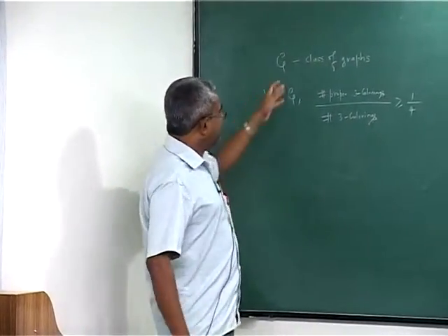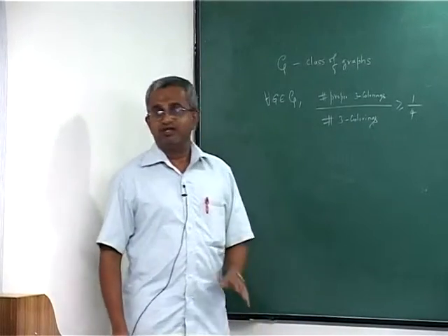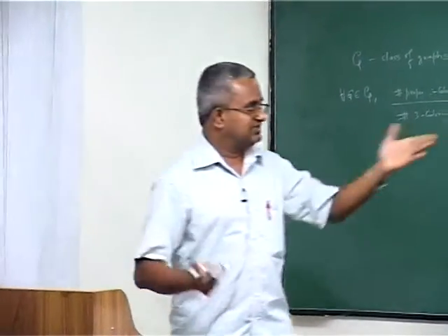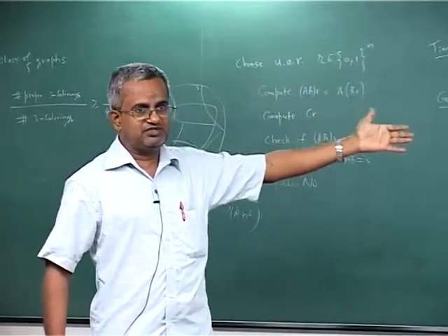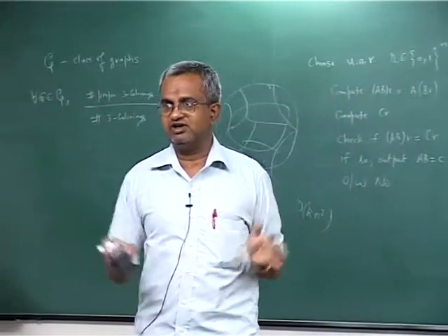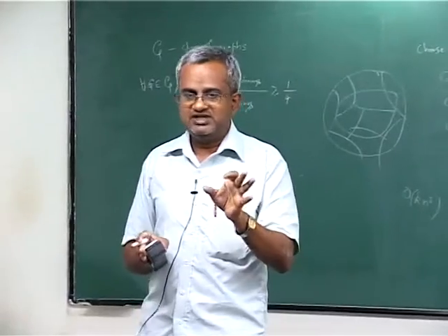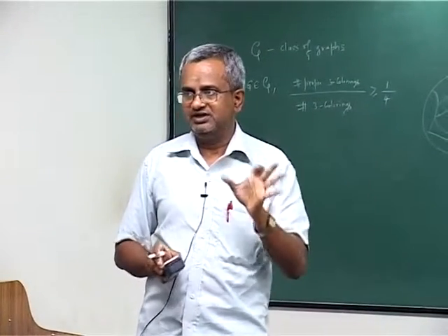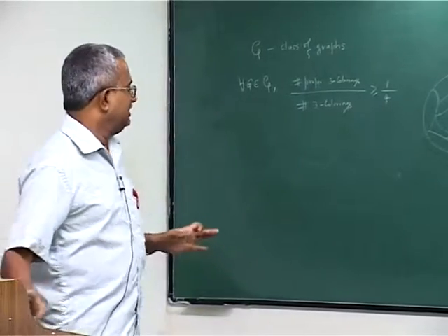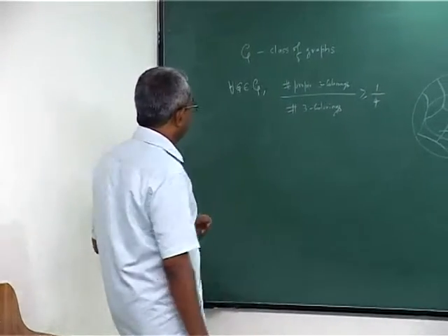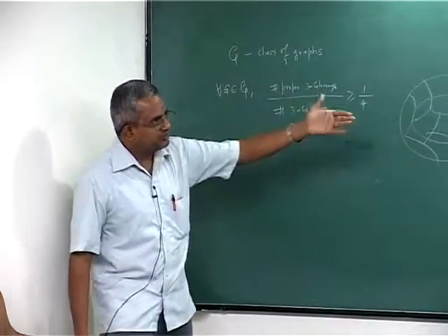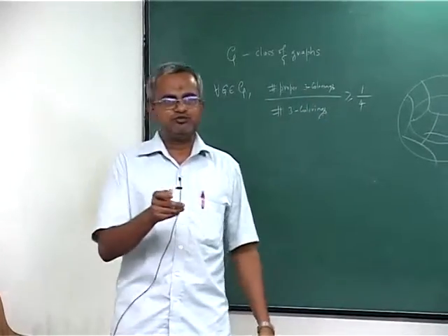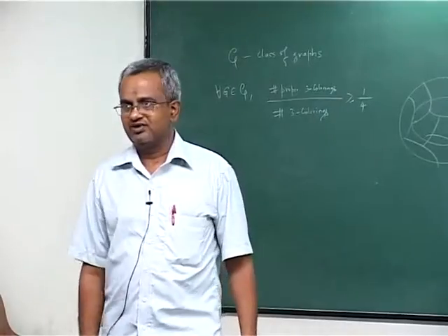Even if you have an efficient deterministic algorithm, maybe the deterministic algorithm can take quite a large amount of time. As in this case, there is a deterministic algorithm to check majority, but it takes n equality tests. The purpose here is to illustrate that the power of randomness can help you speed up the running time. So, here you can use a similar argument. What you do is you simply choose a 3 coloring uniformly at random.